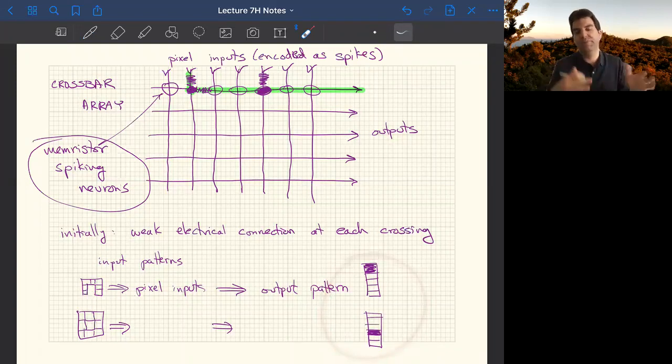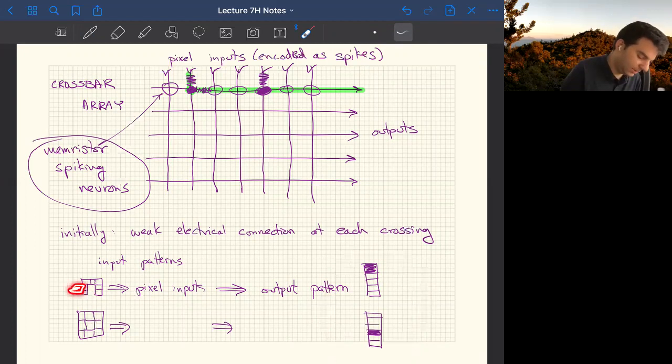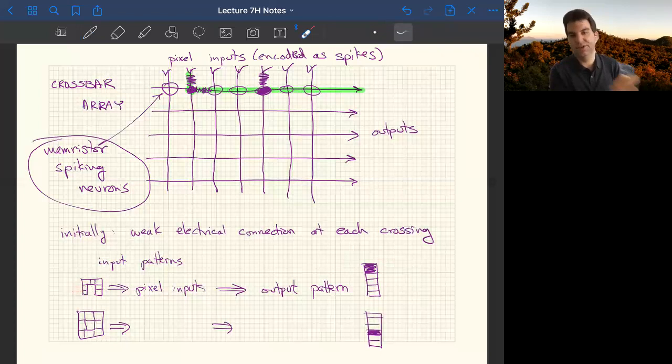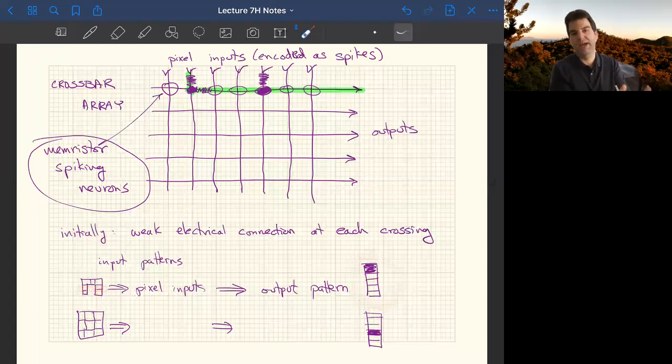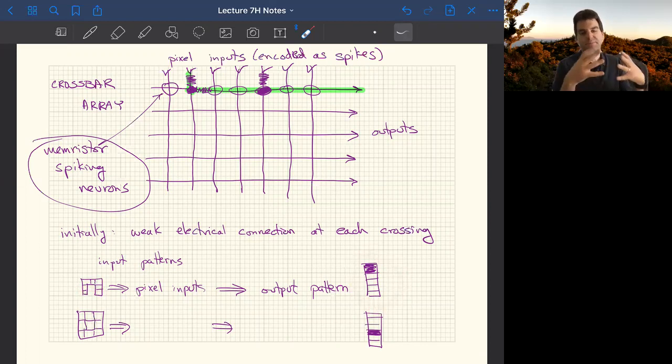So you can give it a bunch of patterns that look like an A, but some of those patterns that look like an A may also have an extra pixel on the side that's a little bit darker because it's a little noisy. Or maybe one of the pixels on the inside is a little bit lighter because it's a little noisy. And so even though you get a noisy pattern on the input, it still ends up properly grouping it in the right output pattern. So associative learning has a way of effectively doing this kind of clustering,